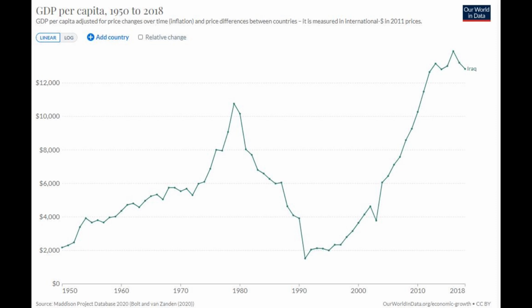Wars use up resources, they undermine trust, they make investments difficult, and therefore sustained growth is essentially impossible in poor regions that experience prolonged conflict, especially civil war, which is particularly disruptive. For example, Iraq and Afghanistan have seen nearly continuous conflict since the 1980s, and this has dramatically hampered their growth prospects, which prior to that were actually quite good.